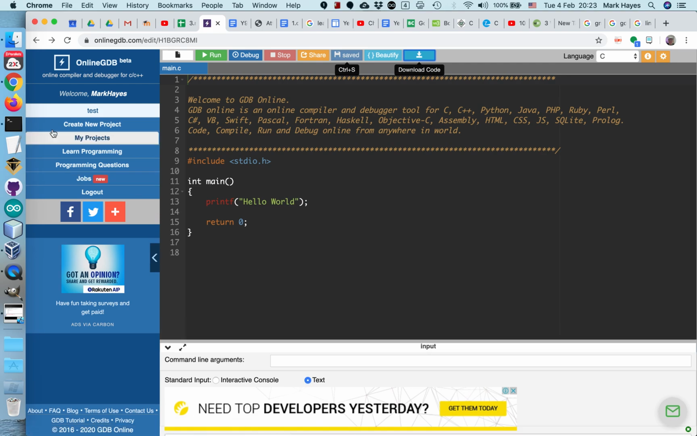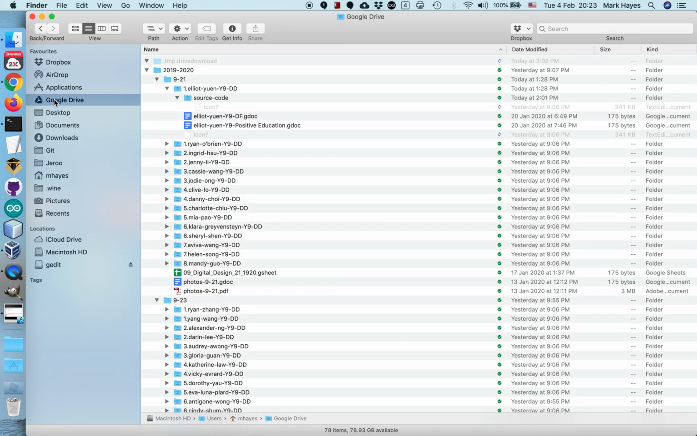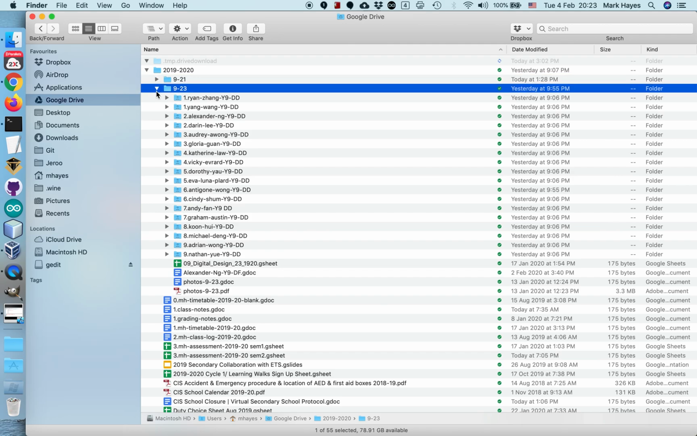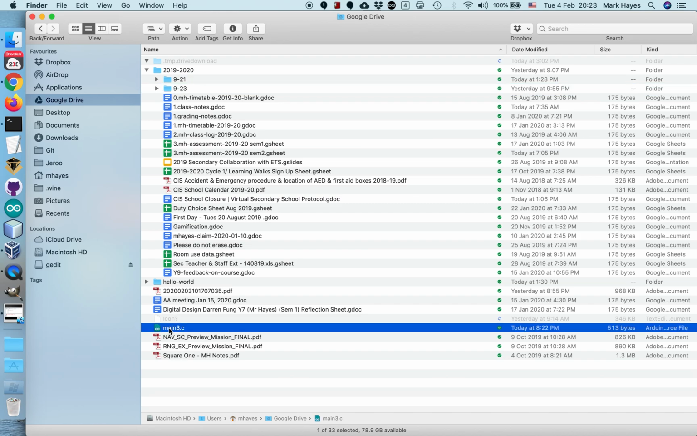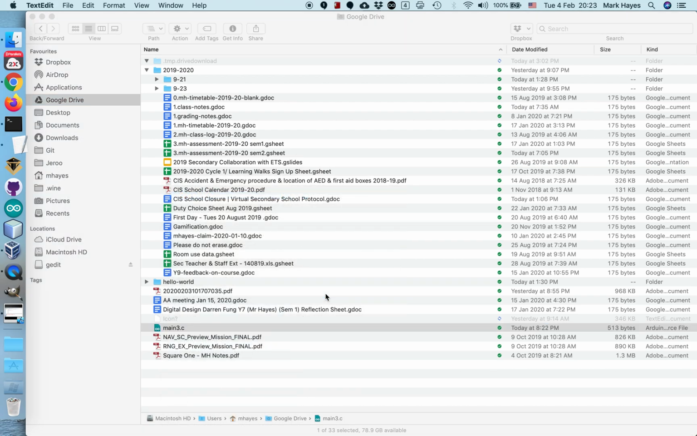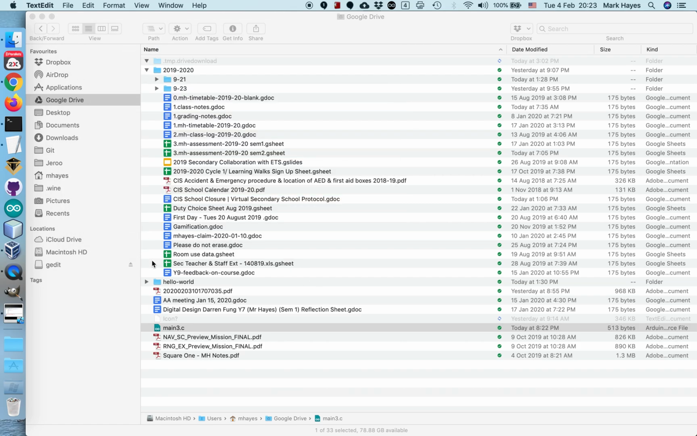Close that. Now if I go over to my Finder, I have a folder called my Google Drive. And here is the file I just downloaded. I can open that up locally using TextEdit. And here's the code. Doesn't look as nice, but there it is. Now, because it has downloaded it to this Google Drive, which is a mapping back to my real Google Drive,